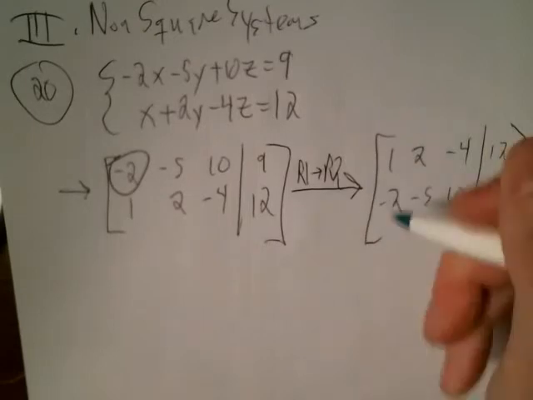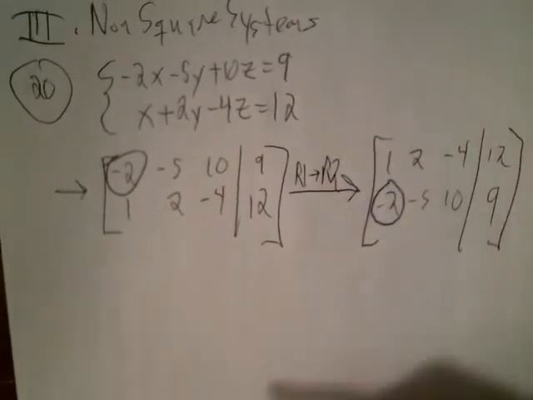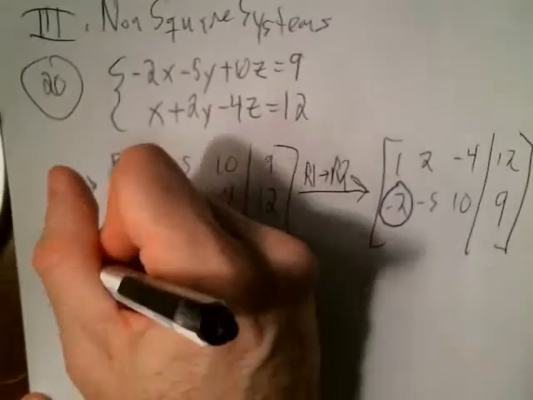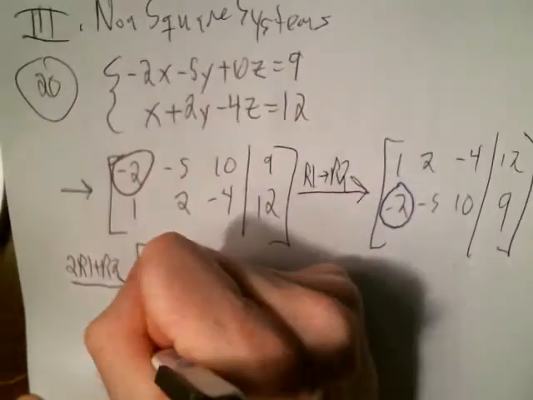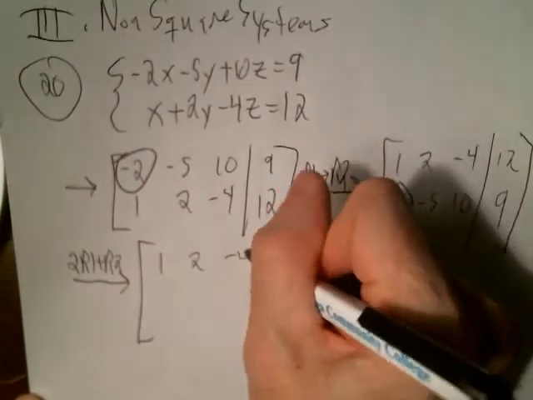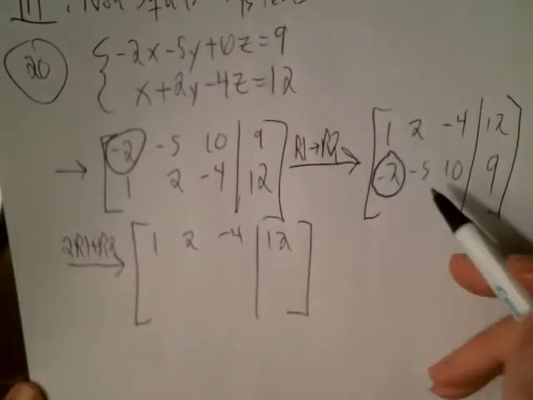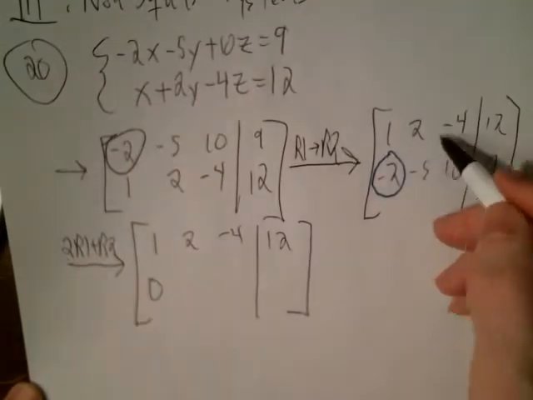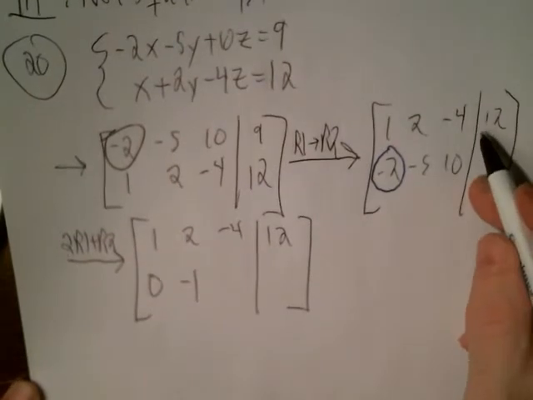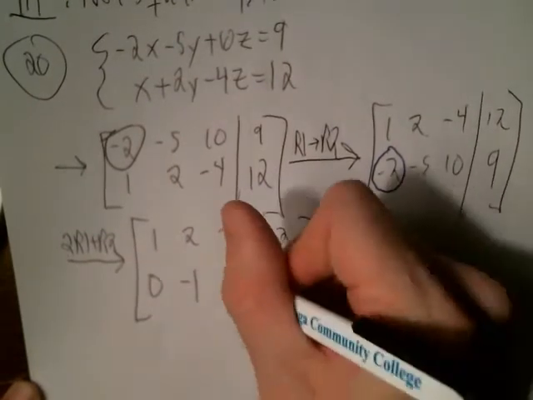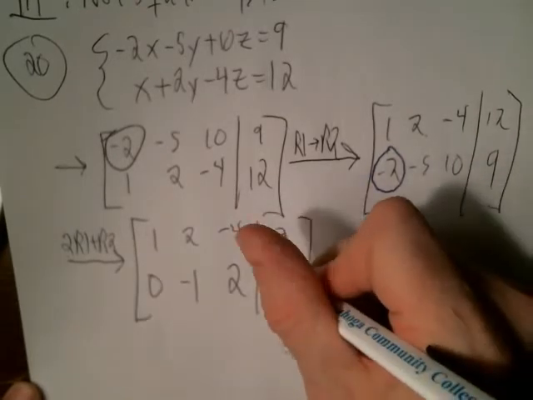Next I'm going to try to get a 0 here. So I'm going to multiply the first row by 2 and add it to row 2. So I have 1, 2, negative 4, 12. And then 2 times 1 is 2, 2 plus negative 2 is 0. 2 times 2 is 4, 4 plus negative 5 is negative 1. 2 times negative 4 is negative 8, negative 8 plus 10 is 2. 2 times 12 is 24, 24 plus 9 is